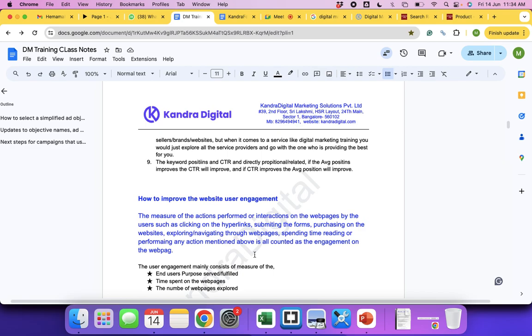User interface mainly focuses on appealing colors, color palettes, fonts, font sizes, and alignment of the information on the website, and also comprises images and videos on the website. That is user interface. Clear? And user experience is something that you experience on the web page. Like you are trying to click on the link and it's not working, or it is leading to an error page, or it keeps loading forever, or the add to cart is not working.